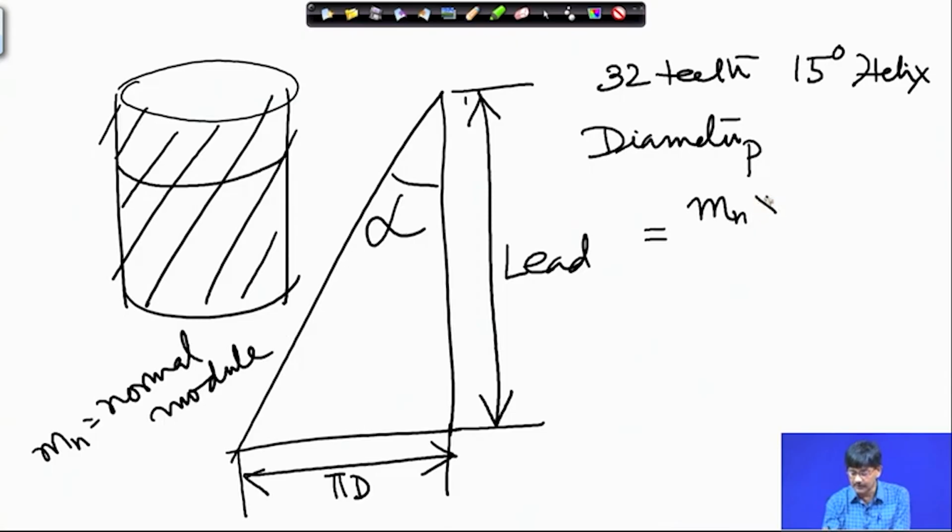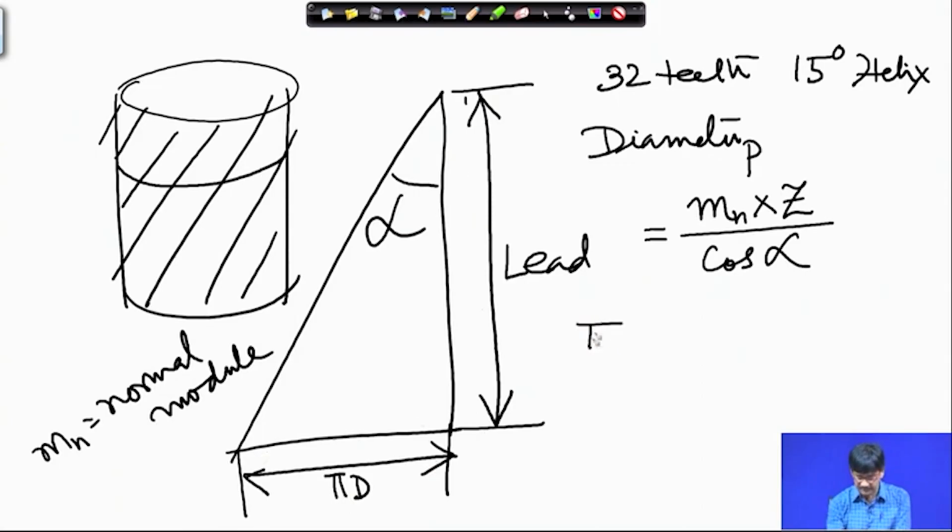Normal module times the number of teeth, divided by cos alpha, because in order to accommodate teeth at this angle, the pitch diameter of the helical gear is slightly larger than that of the corresponding spur gear. So, the pitch diameter of this helical gear is this much, and if you want to find out the lead, you can use this expression, that this one multiplied by pi